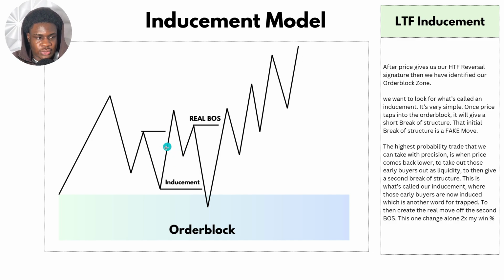So as price creates this initial rally higher near the order block level, price creates a liquidity pool at these lows. So once price comes back lower, it not only takes out that liquidity pool, but then it taps into the order block and then we see that rally higher. So make sure whenever you're taking an order block trade, you want to have it in alignment with an area